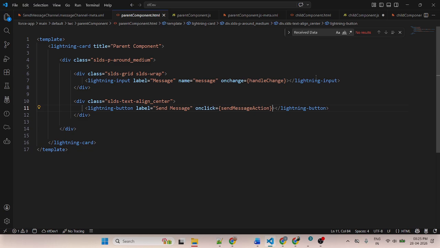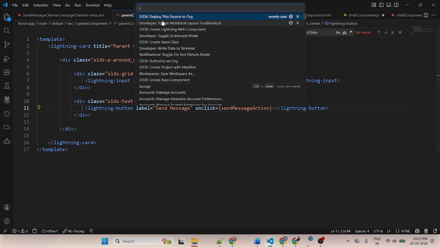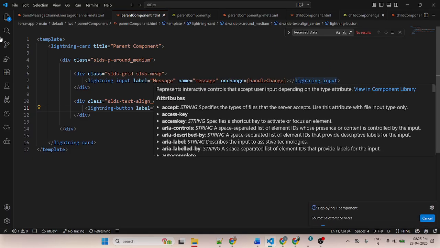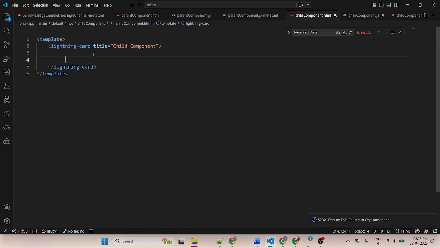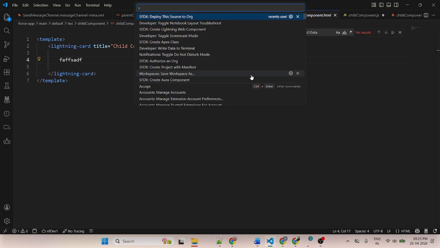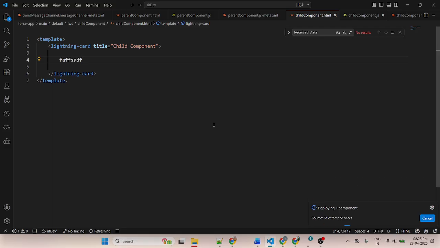Okay, now save and deploy the code. My code deployed successfully. Similarly, go to the child component and let's put dummy data so that we can call the component, and deploy the child component code.